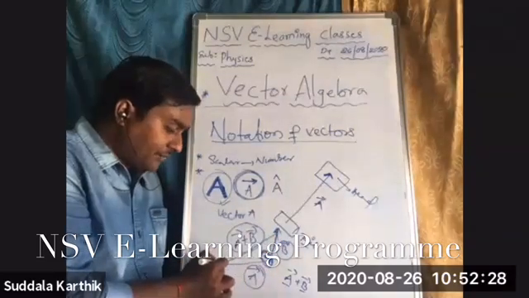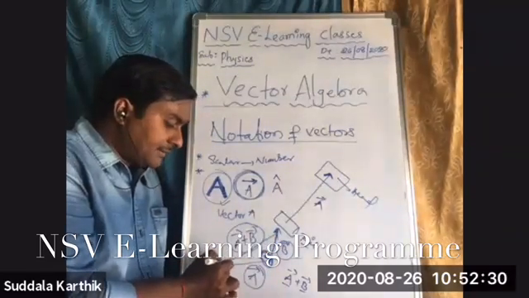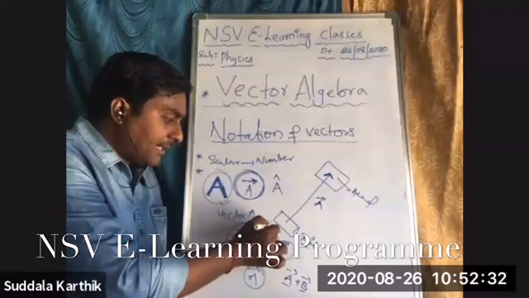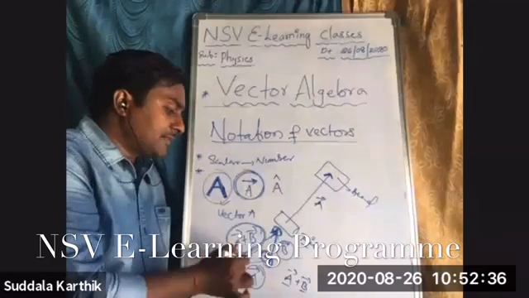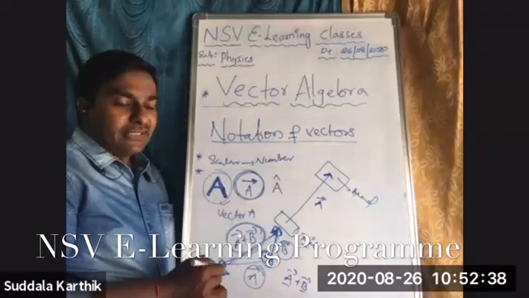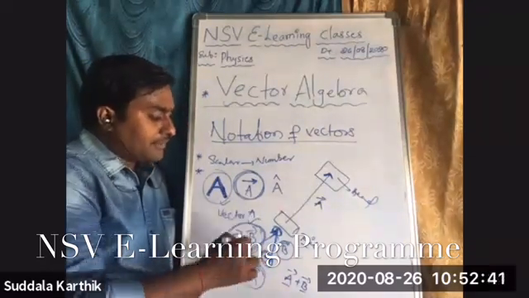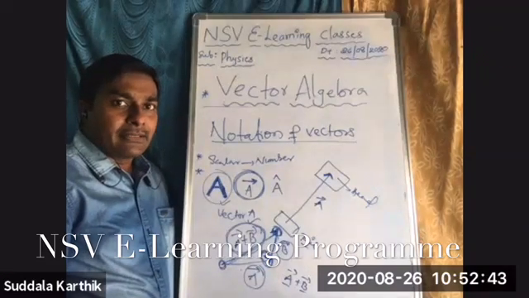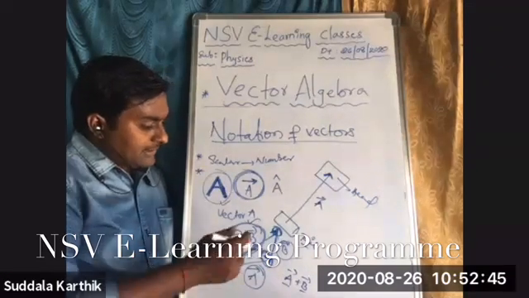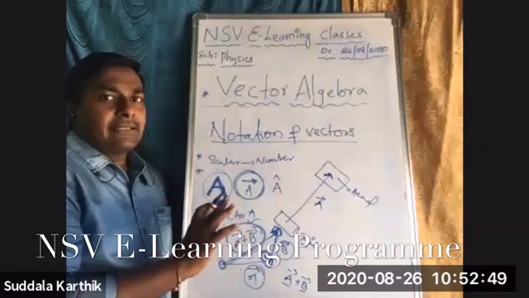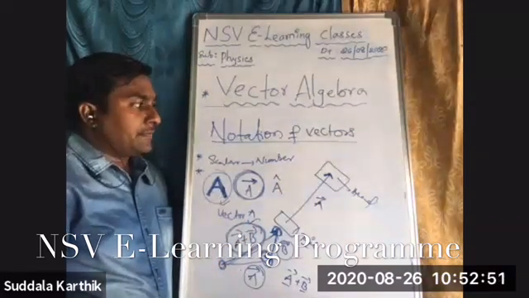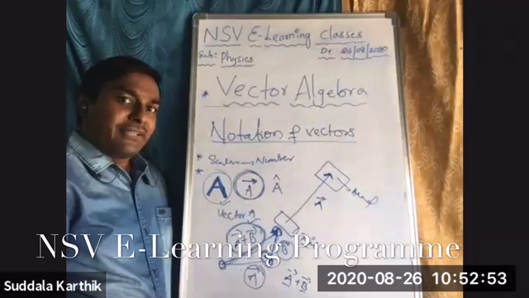And if you join the tail of the first vector and the head of the second vector, that is the sum of these two vectors. Right, Nana? A bar and B bar, the sum of these two vectors, Nana. So this is the main advantage of the graphical representation. This is the main thing under the graphical representation or notation of vectors, Nana.